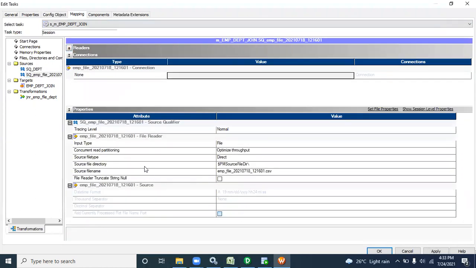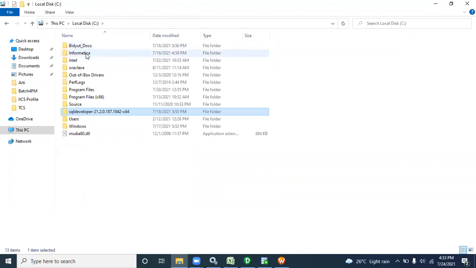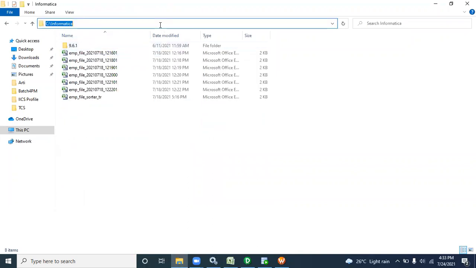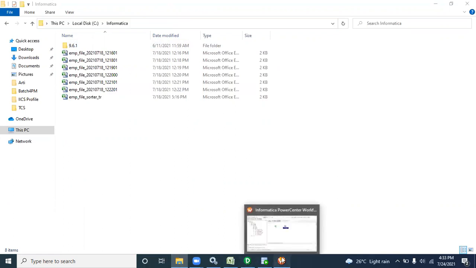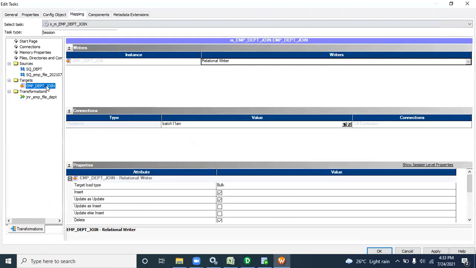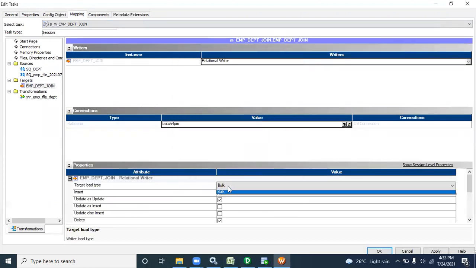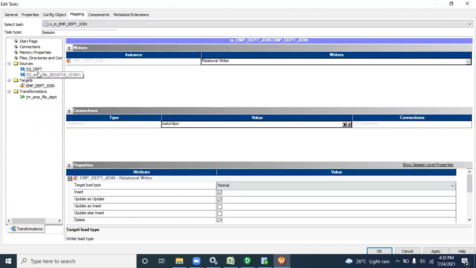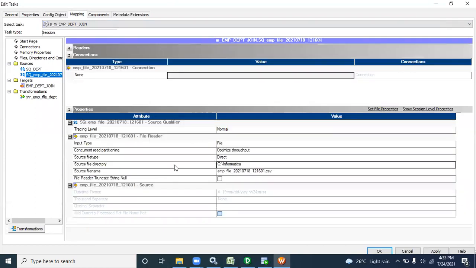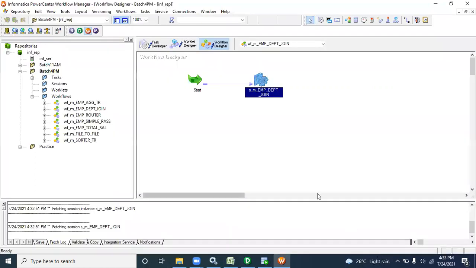Here the file name is there, but the source file directory is not there. So you can go to Informatica, where the source file directory will be. Press Control C, and here you have to give the path. For the target, you have to give the connection, right? So I am giving all our connections, but this one is the file path where the file exists. Click on OK. Control S.